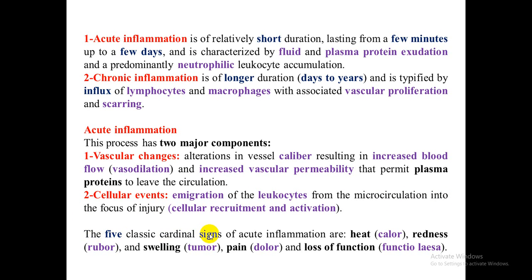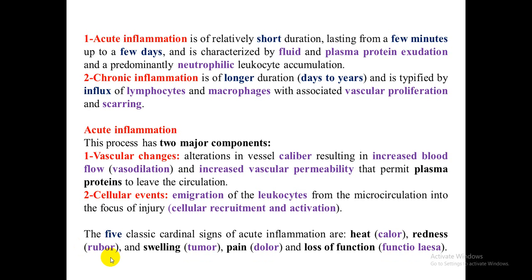The five classic cardinal signs of acute inflammation are heat, color, of the affected site, not of the whole body. Cardinal signs of injured or inflamed site. Acutely inflamed sites show heat, not the fever, meaning localized heat of the affected site. A redness, or erythema,